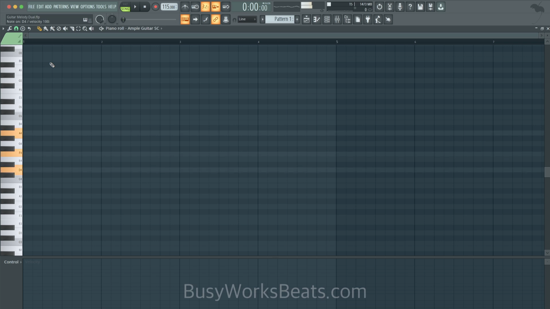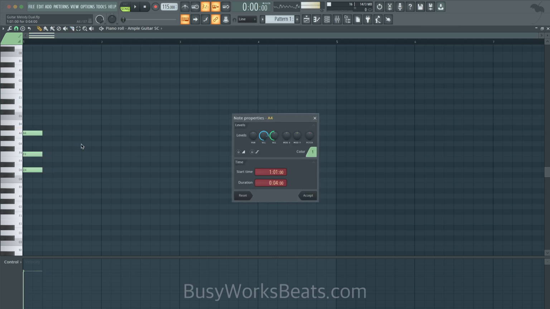So the first thing, I'll just play a random chord. In this case, we're playing D, F, A. So that's D minor. You don't need to memorize the names of these chords. We're just giving you the foundational reference. Let me cut these extra lengths here. So we have D, F, A.